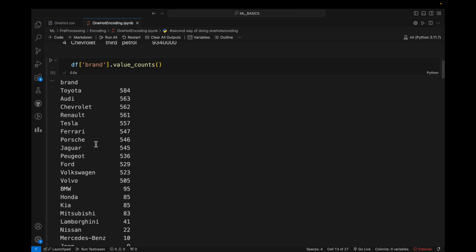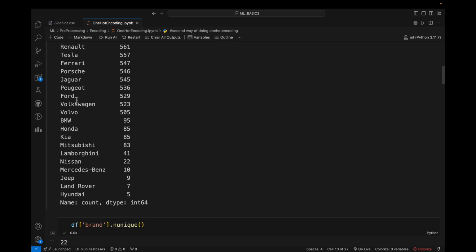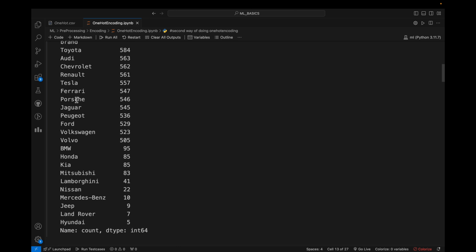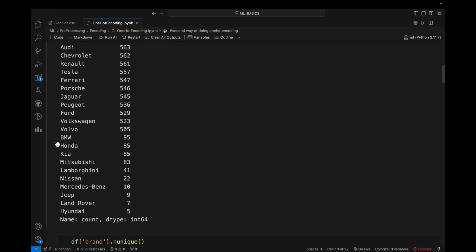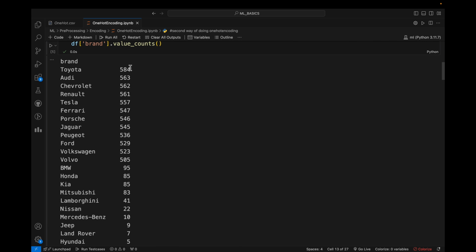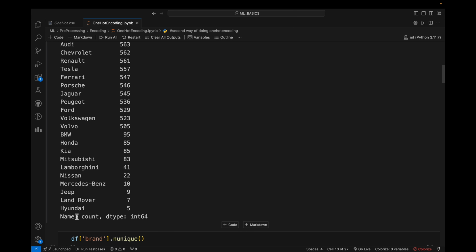We are having so many distinct brands, right? That is 22 distinct brands. But if we carefully observe this data, almost half, or nearly 10 brands, are having count less than 100, right? So these are having a very high count, whereas these are having a lesser count. So sometimes we can merge these less occurring brands so that we can reduce the number